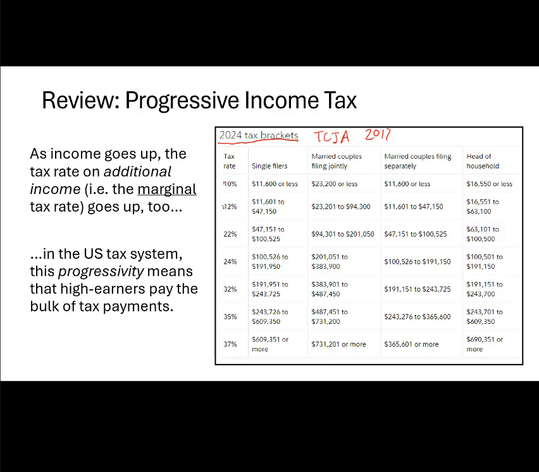So we have 1, 2, 3, 4, 5, 6, 7 brackets or tax rates. The way this works is that your first chunk of income is always exempt from taxes. If you're filing, and that amount will depend on whether you're filing singly or jointly or head of household or so on. So you've got an exemption of a certain amount of income, and then any income above and beyond that, you pay 10%. And then once you get up to the next bracket, you pay 12% on that amount of money. And then once you get past this, you pay 22% on this amount of money. Once you get past this, you pay 24%, and so on.